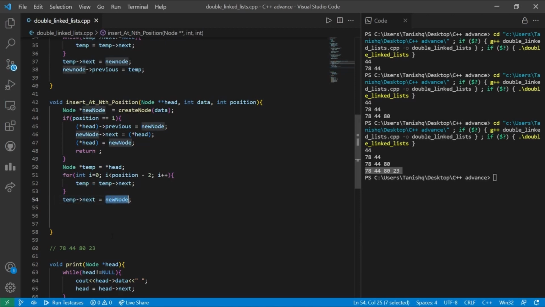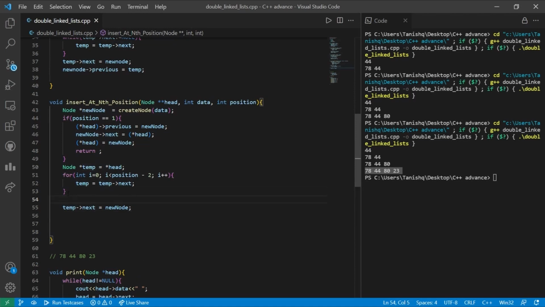We have broken that temp dot next pointing towards 44, and we have initialized it to the new node as of now. Further, we are supposed to make the previous of this 44 point towards the new node, but this has to be done before this instruction, else we'll have the new node as the next node of the temporary node. So let us make temp dot next dot previous is equal to new node.